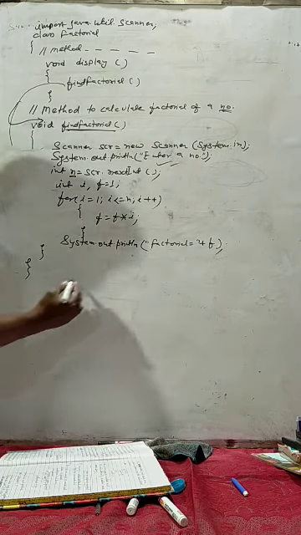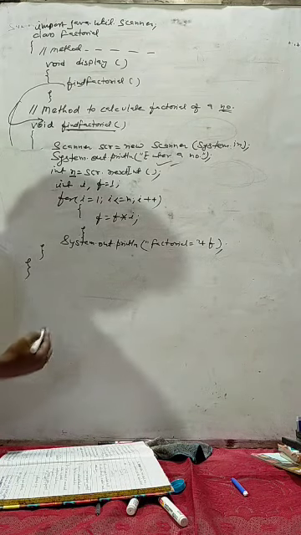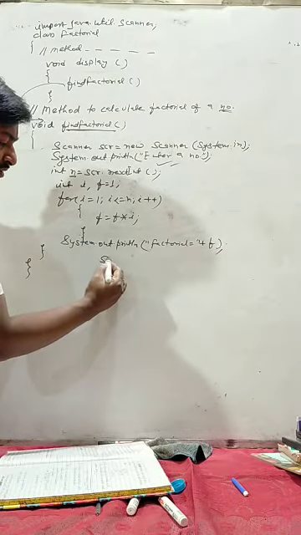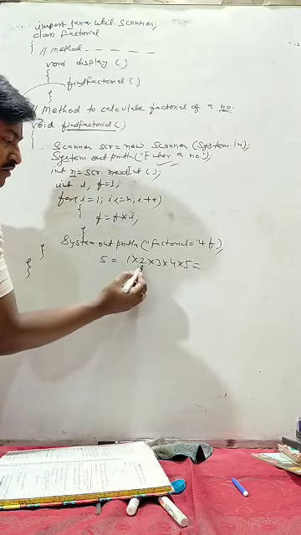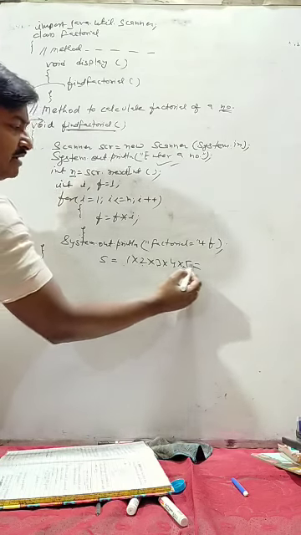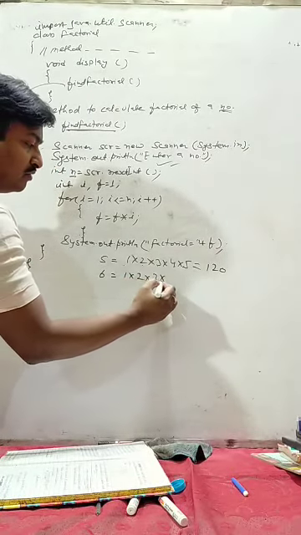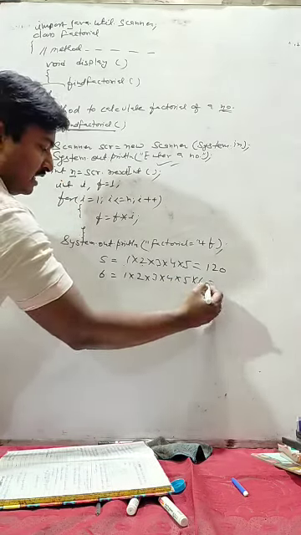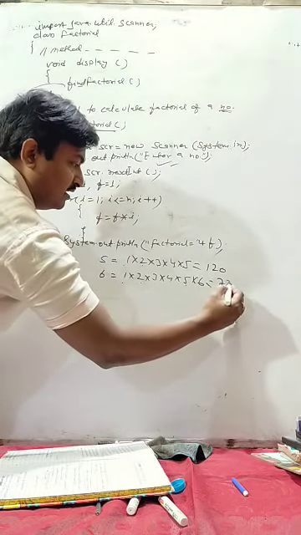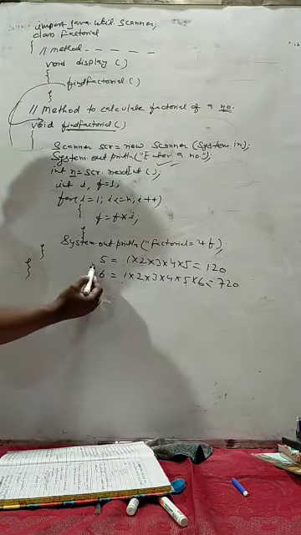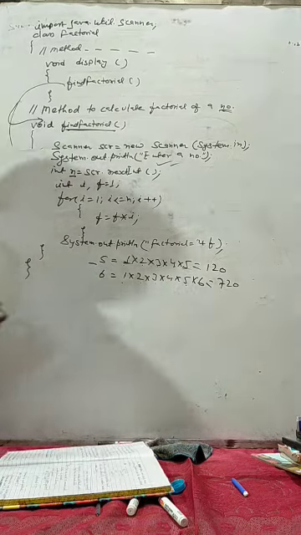What is the factorial? Factorial is the consecutive product of a number from 1 to itself. Suppose factorial of 5 equal to 1 into 2 into 3 into 4 into 5, that is 1 2 ja 2, 3 ja 6, 4 ja 24, 5 ja 120. Same as factorial of 6 equal to 1 into 2 into 3 into 4 into 5 into 6. Therefore 1 2 ja 2, 3 ja 6, 4 ja 24, 5 ja 120, 6 ja 720. Okay, means the factorial of a number is the consecutive product of a number from 1 to number itself.